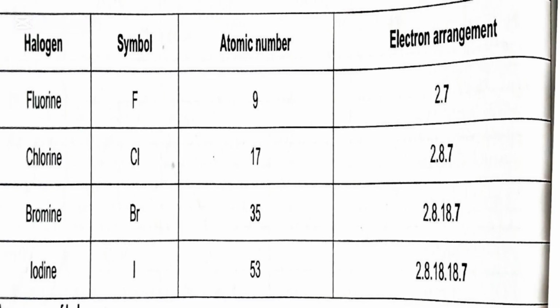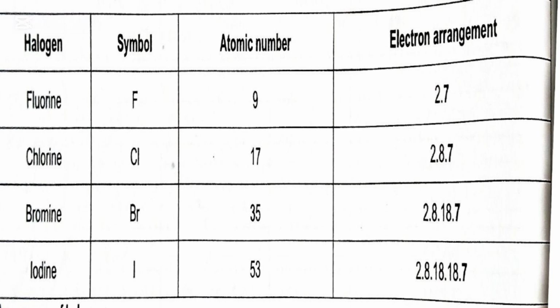Some of the physical properties of halogens can be summarized in the table below. We have fluorine. The chemical symbol of fluorine is F, capital F. The atomic number of fluorine is 9 and the electron arrangement is 2.7. Then it is followed by chlorine. Chlorine has a chemical symbol of Cl, atomic number of 17, and an electron arrangement of